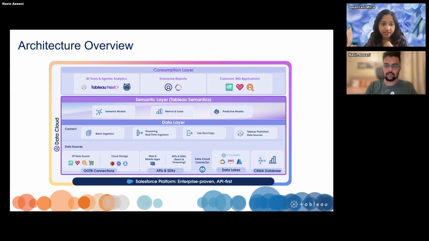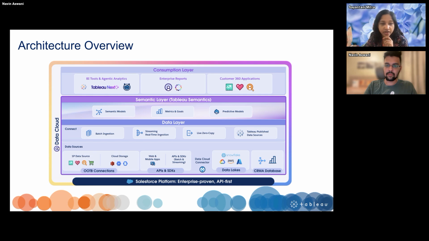So all your Salesforce data sources, your marketing data sources, your cloud storage, your web and mobile apps, your APIs, your data cloud connectors, MuleSoft, AWS, Snowflake, Google BigQuery, everything. And of course, CRM Analytics datasets. If you have CRM Analytics datasets living in CRM Analytics, you can also join them.